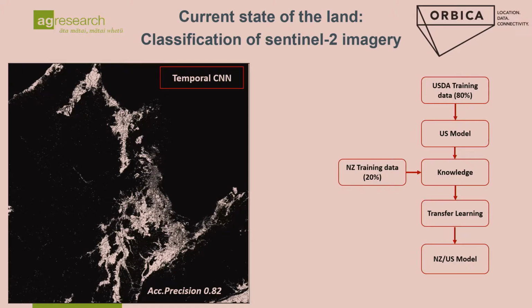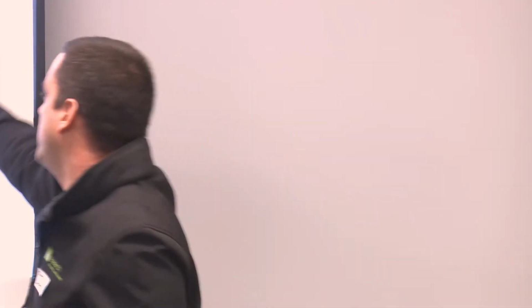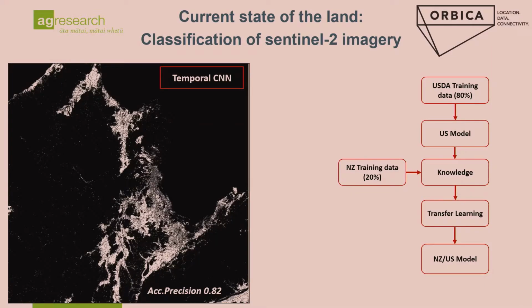So we need to have a very good picture of what is currently happening on the farm. And what we did is we worked with Orbica and we developed a model based on data from the US to essentially map grape and apple across New Zealand. And the novelty here is we've proved that using US data with the knowledge transfer process and a small amount of New Zealand data could achieve a high level of precision in mapping those two land uses in New Zealand,